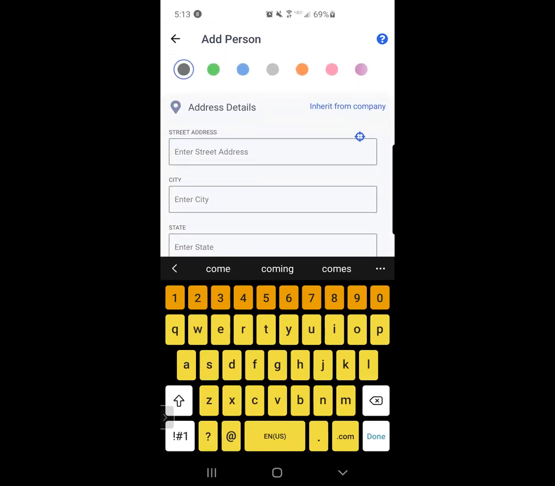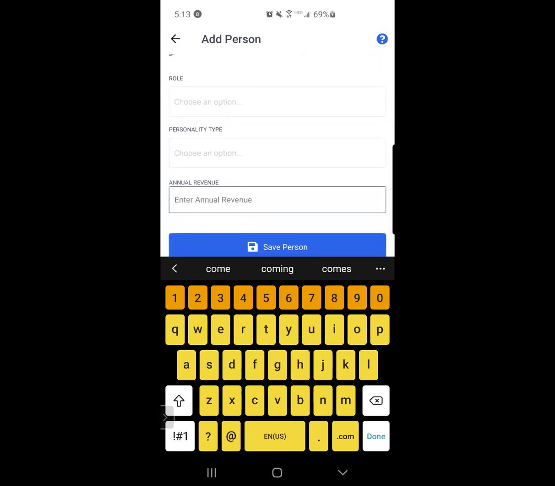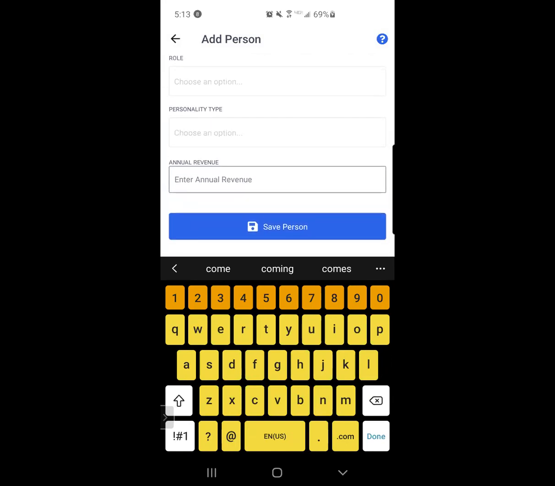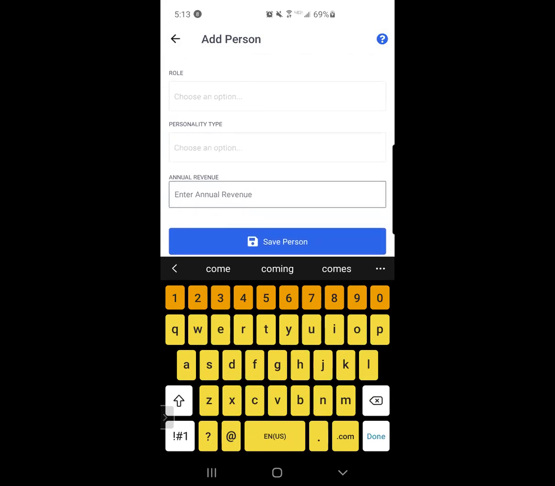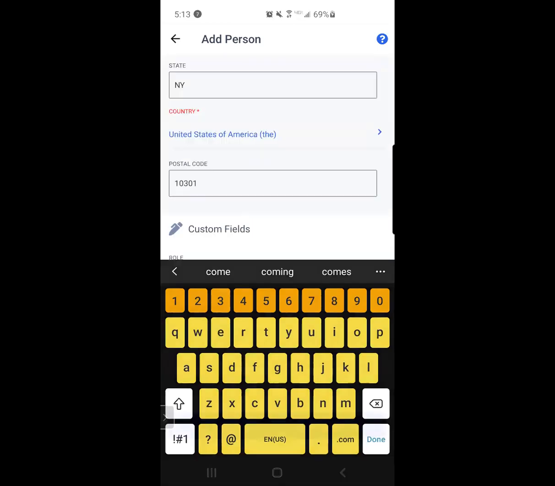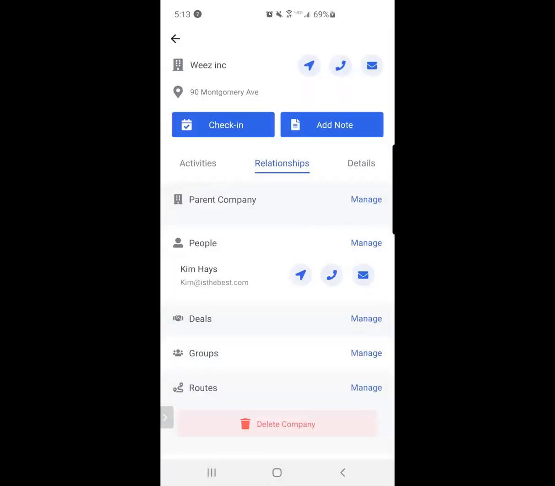And then I can hit this inherit from company button, this blue hyperlink. I can click inherit from company if that person does work out of that actual address that I referenced before. I could also hit the geolocate target button to notate where I stand. Either one of those will work. If I do hit inherit from company, then it will simply bring in the address of what the company is. And if there are required custom fields, I'll fill those out. Here, it doesn't look like there's any required, so I can simply hit save person,